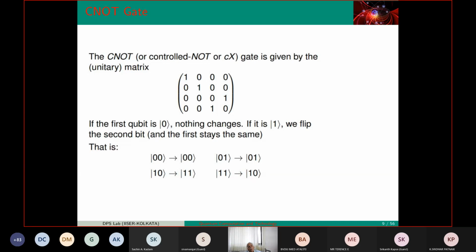I'll show you that the botheration came because of the experimental output: when you measure something, what happens to the other? That paradox is going on. But fortunately, when engineers came into play in the 90s, they showed that the same paradox, the EPR paradox, the Einstein-Podolsky-Rosen paradox, can be used for teleportation. As I told you, the teleportation which we have achieved experimentally is due to the use of the EPR paradox in technology.